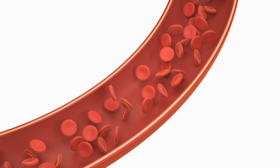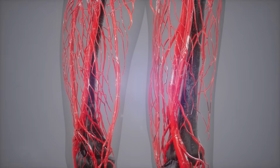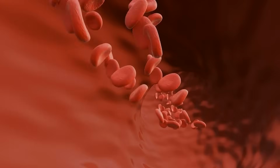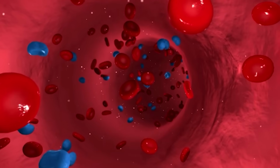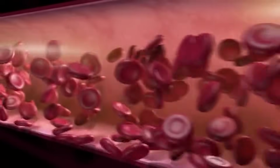Anthocyanins in blueberries support the health of the inner lining of blood vessels, called the endothelium. A healthy endothelium produces nitric oxide, which helps vessels relax and improves blood flow. Improved flow means the risk of blood pooling and clotting is lower. Anthocyanins also limit the release of signals that call platelets to gather, reducing the chance of clots forming after minor